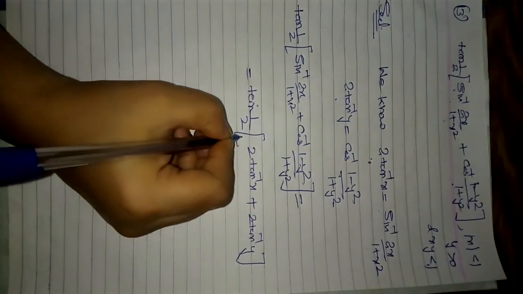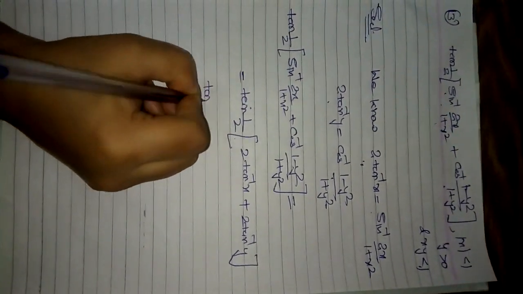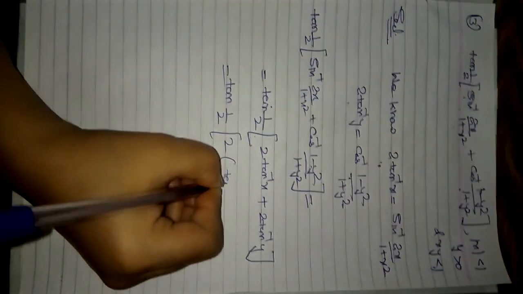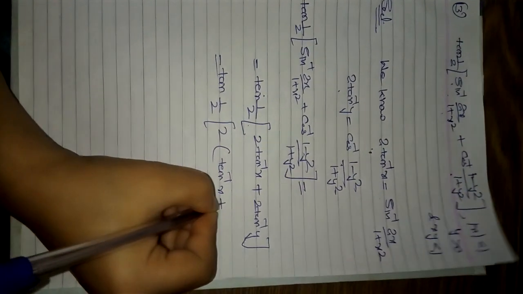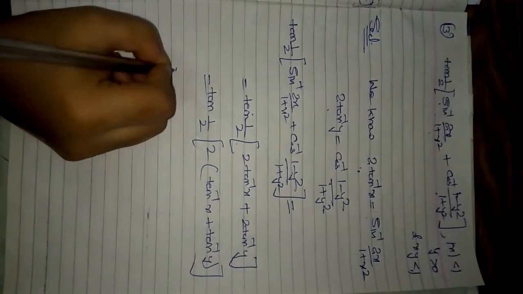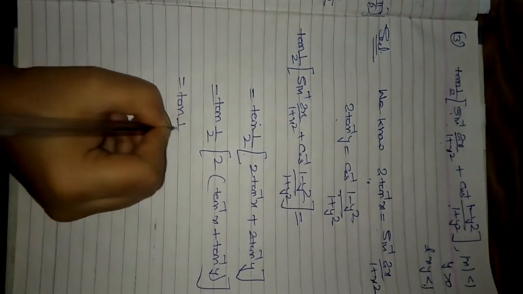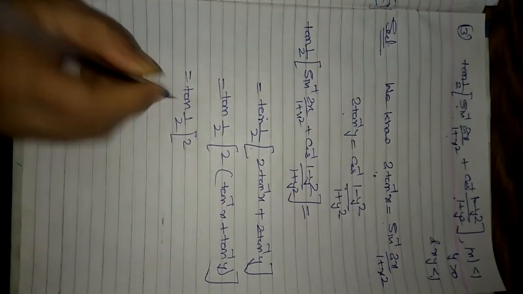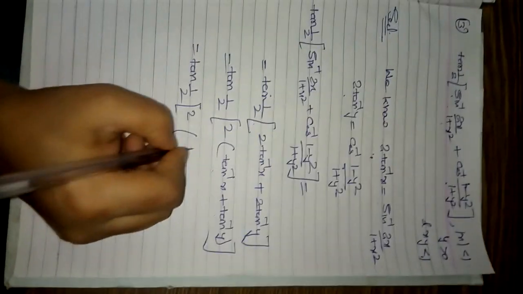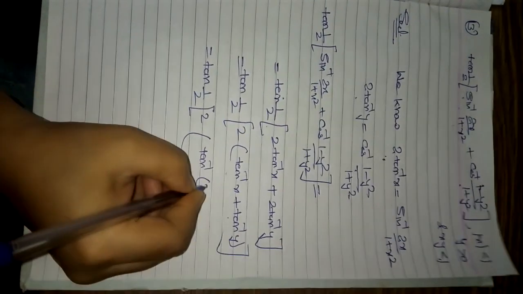Now 2 is common, so tan of 1 by 2 into 2 is common, here tan inverse x plus tan inverse y. So tan 1 by 2 as it is, we can write here tan inverse x plus tan inverse y, that is the formula, tan inverse x plus y